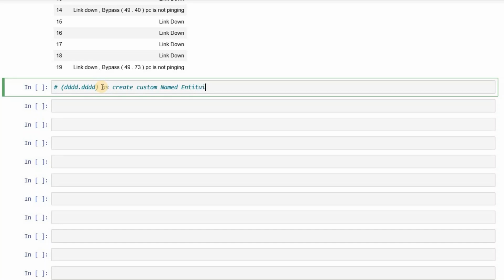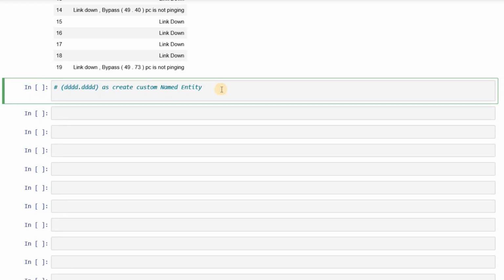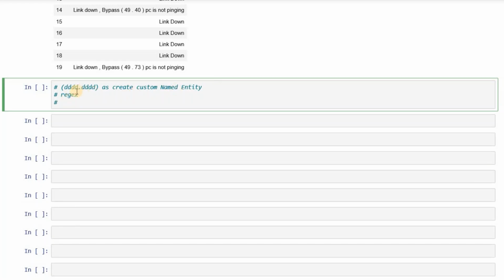To identify this pattern we would use regex, the regular expression, and to make that particular regex a custom named entity, we would use entity ruler. Okay, so let's see how we can do that.